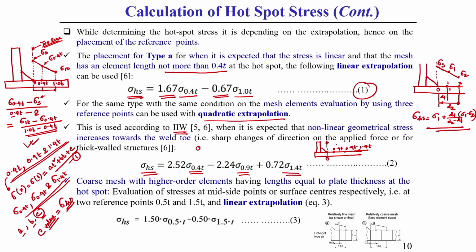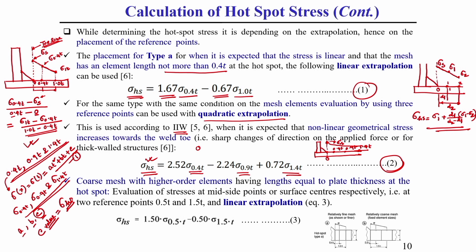You see, let us consider the stress value is like this. After extrapolation, whatever stress value we get, sigma s, this sigma s is represented as a function of the stress at these 3 points. What I am telling, understand? This is represented in equation number 2. This you should keep it in mind. Now, another case also I have shown.